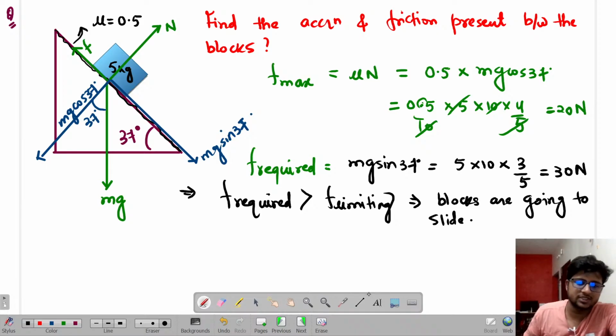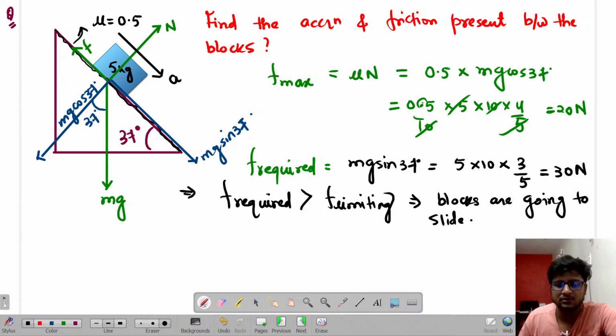And if the blocks are going to slide, they will have some acceleration in this direction. So these blocks are going to slide, and if I want to find their acceleration,